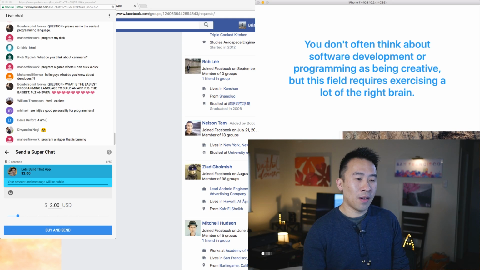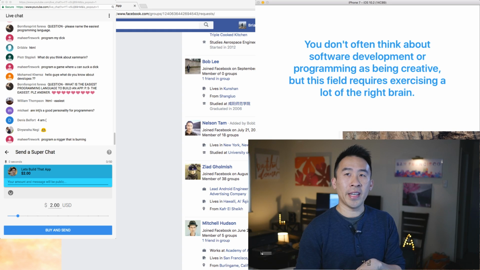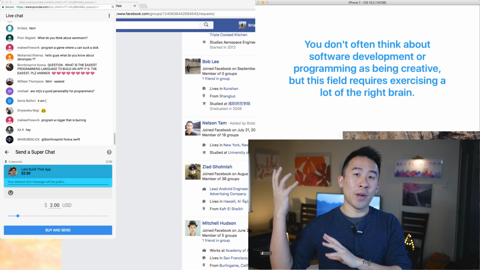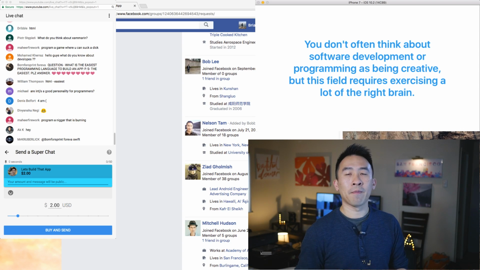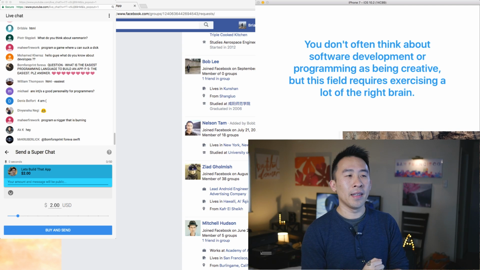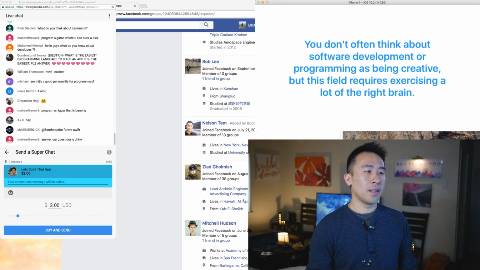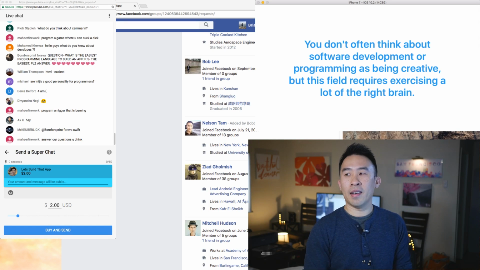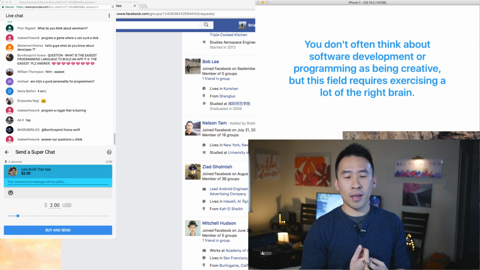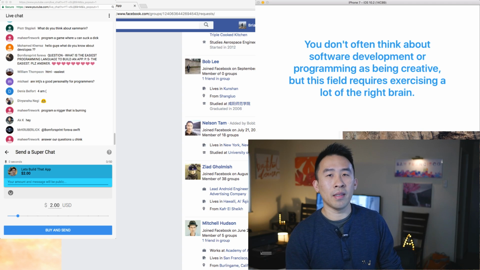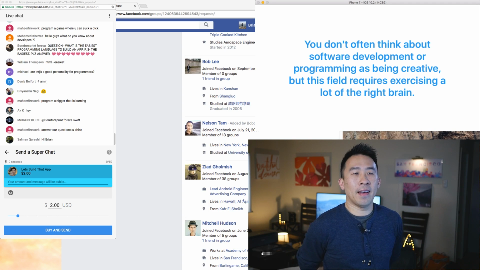You don't often think about software development or programming as being a creative field, but programming requires exercising a lot of the right brain. And when we say right brain, we're mostly focusing on the creative side. Programming requires creativity because every time you encounter a new problem or a new issue, you'll come upon 5, 6, 7 different types of solutions, and you have to be able to pick the best solution based on the limitations of the resources that you have.